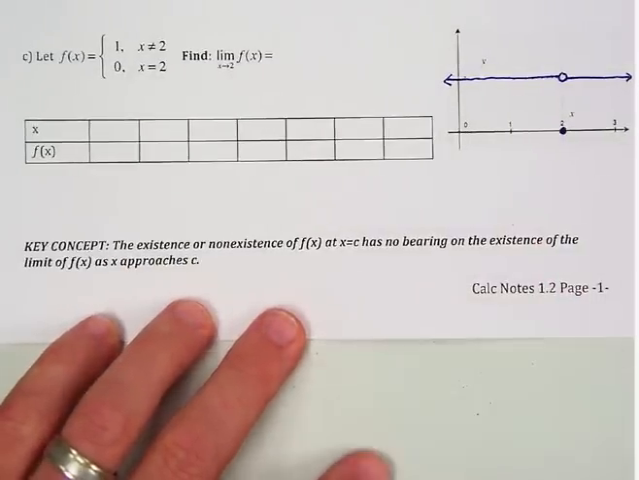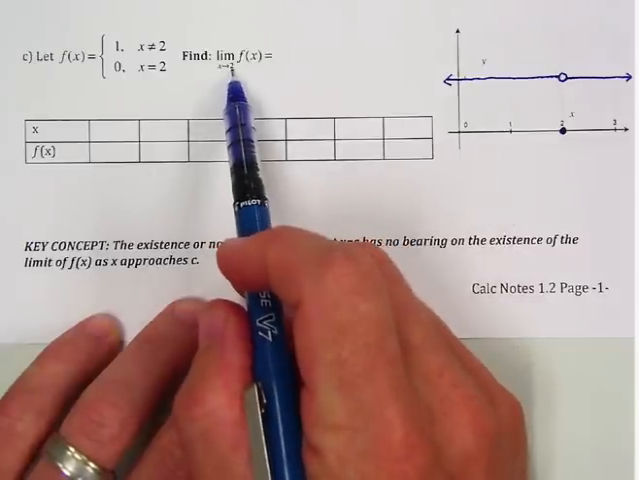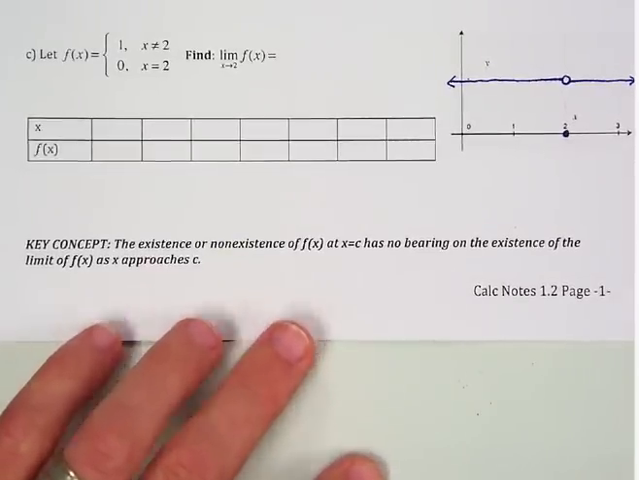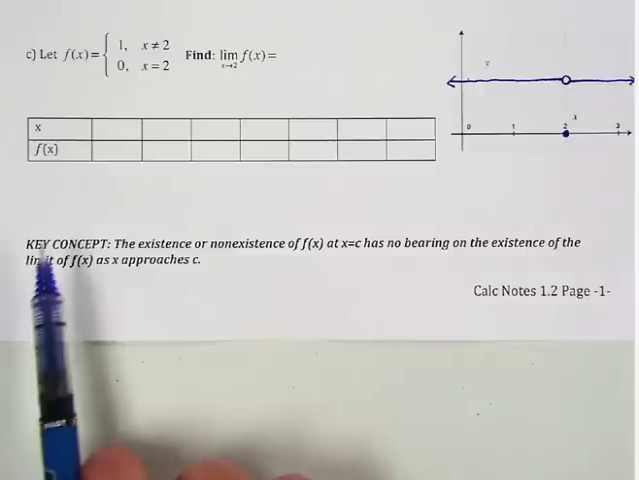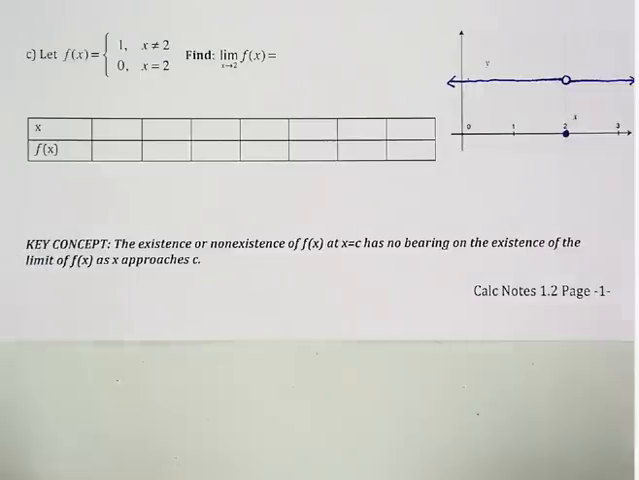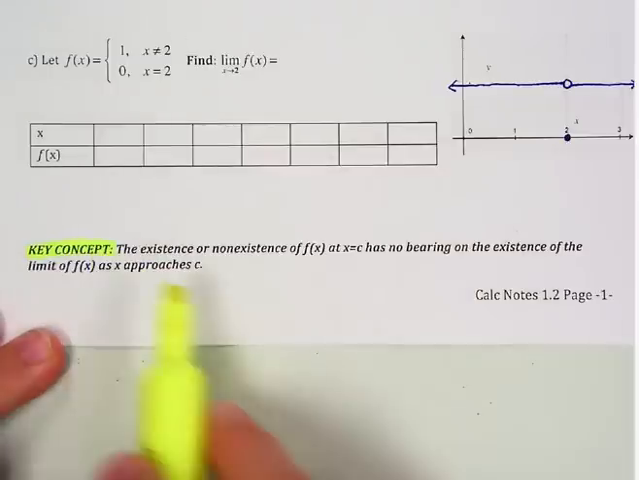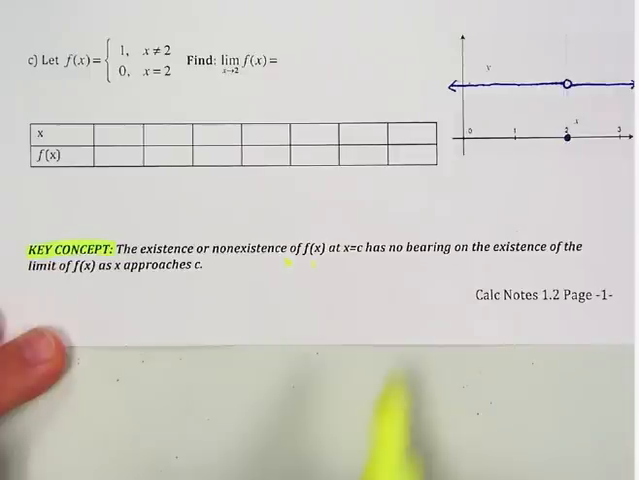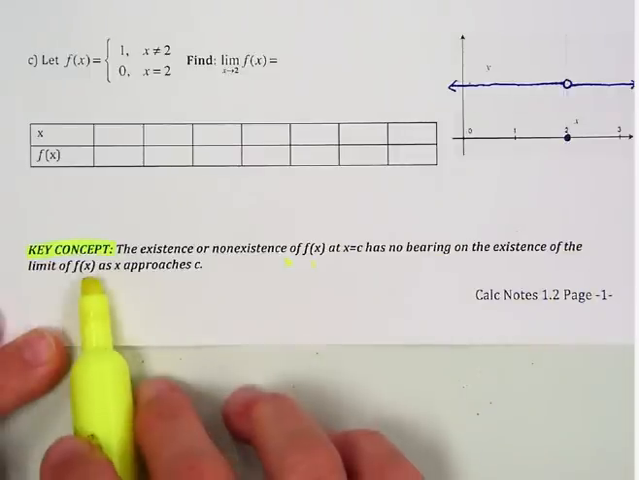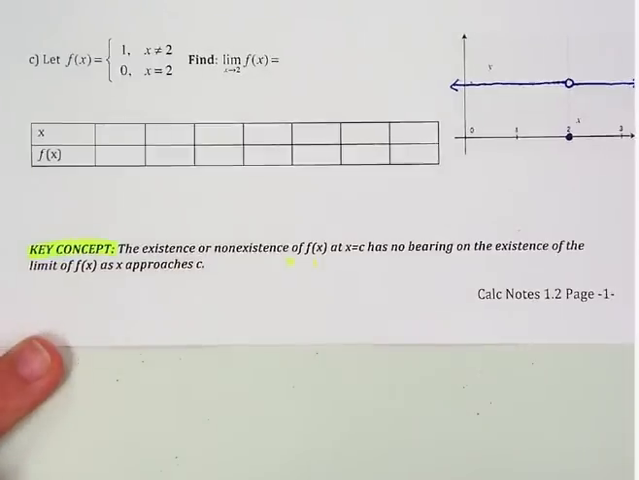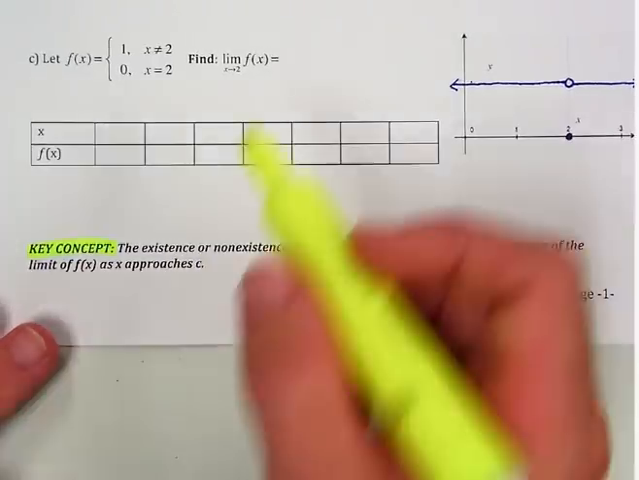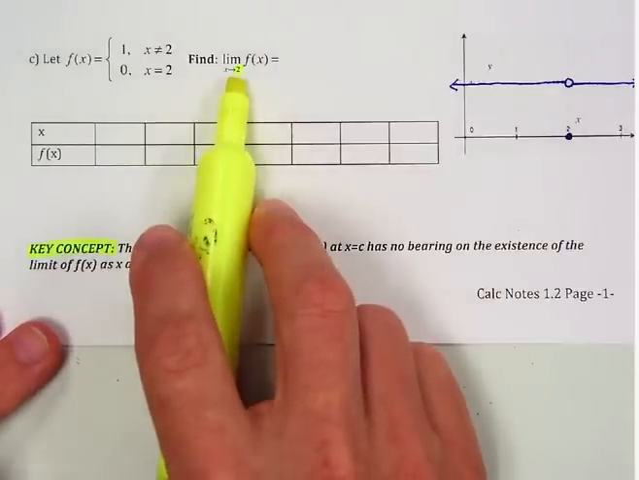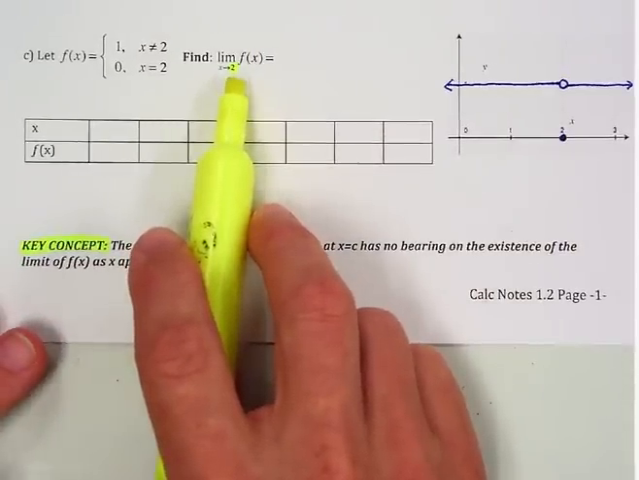Okay. So in this we want to find the limit as x approaches 2 of our function f of x. Now this example is really going to highlight our key concept here, that the existence or non-existence of f of x at x equals c has no bearing on the existence of the limit of f of x as x approaches c. In other words, it does not matter what's happening at x equals 2. All we care about is what's happening going up to